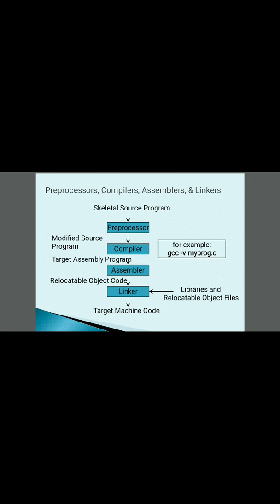Okay, now for the compiler, for example, if you give a command like gcc -v myprogram.c, myprog.c is an input program, and you are compiling it with a C compiler. So now see what it does here. We are going to explore this compiler in detail in later sessions. But just understand here, the compiler is going to produce the target assembly program. Directly it will not go into the target machine code. Internally it's going to call its own assembler to convert all your instructions into assembly.